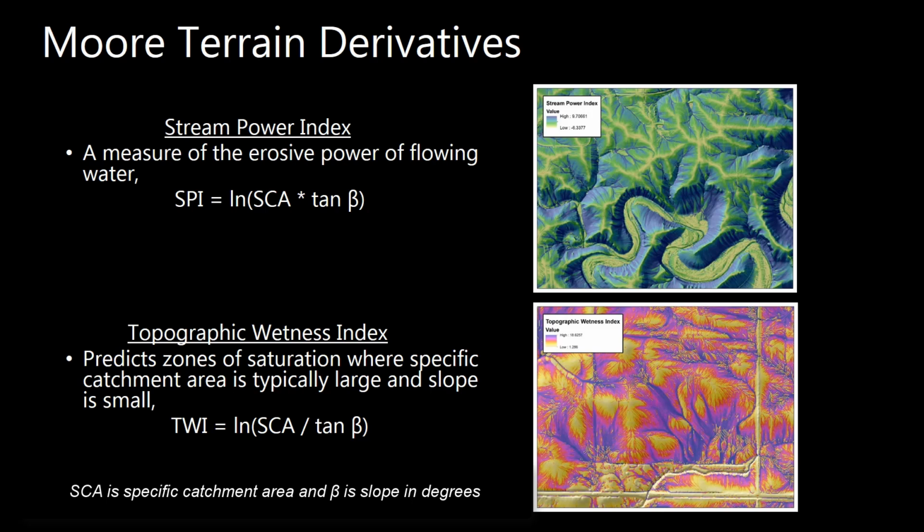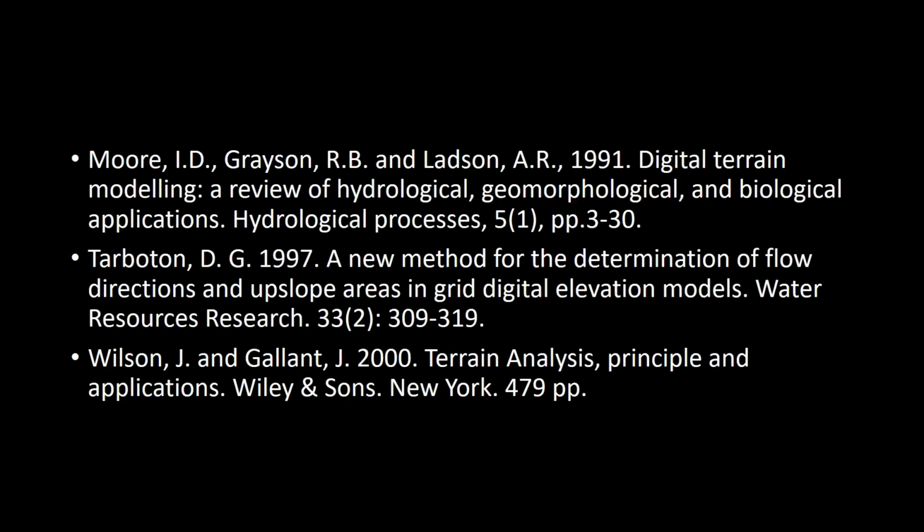Again, beta is slope. If this is the first time that you're hearing about D-infinity or secondary derivatives like the stream power index or topographic wetness index, or if, say, you've heard of them before but aren't very comfortable, please do not use this as your only source of information. Feel free to go to any of these other sources I've provided on this slide to read further into them. It'll really benefit you to understand how these work and how they should be interpreted, especially understanding them further than I'm going to go into in this video. So, thank you.